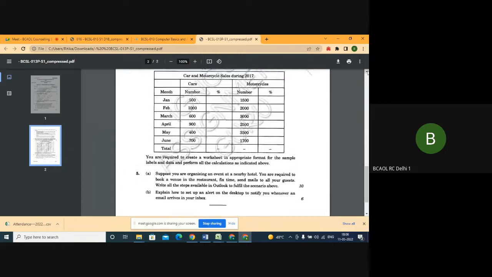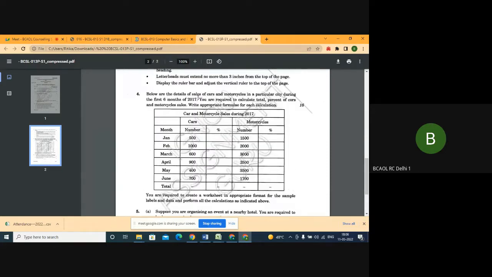Here, can you see this one also? Below are the details of sales of cars and motorcycles in a particular city during the first 6 months of 2017. You are required to calculate the total and the percent of total, percent of cars and motorcycle sales. Write appropriate formula for each calculation. So here you have to calculate the total. Can you see total down? Here you will calculate the total numbers, and here you will calculate the percentage